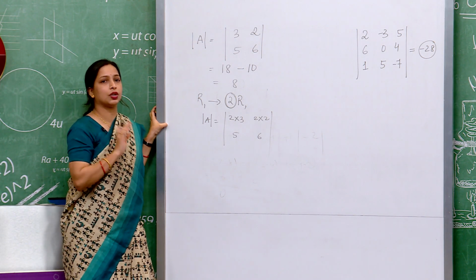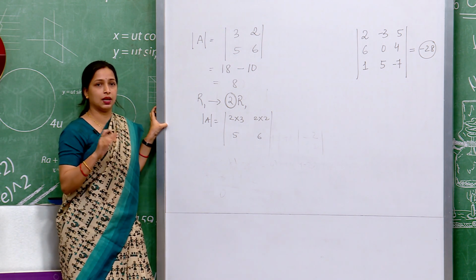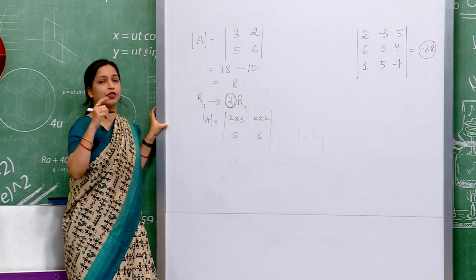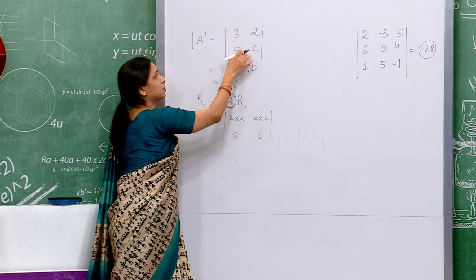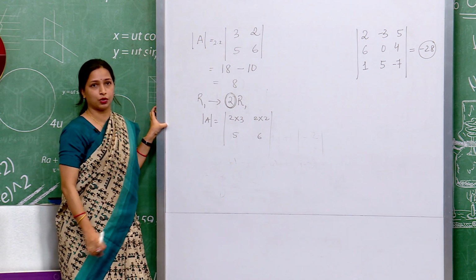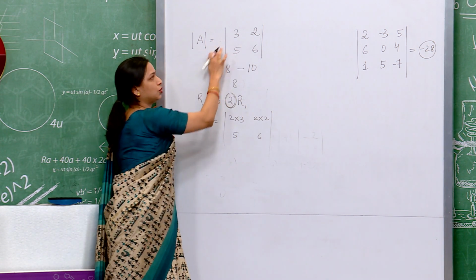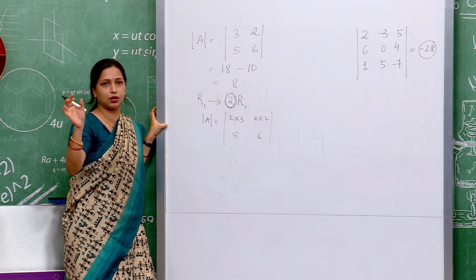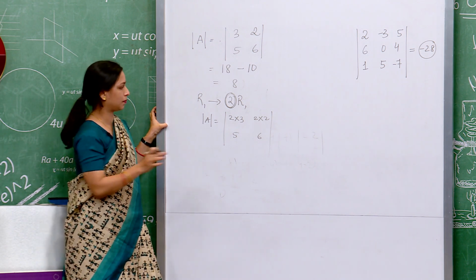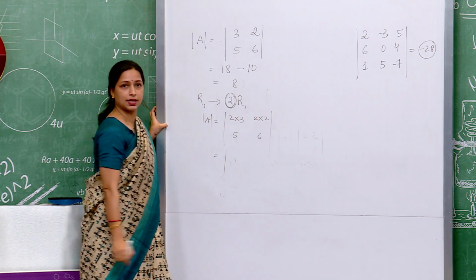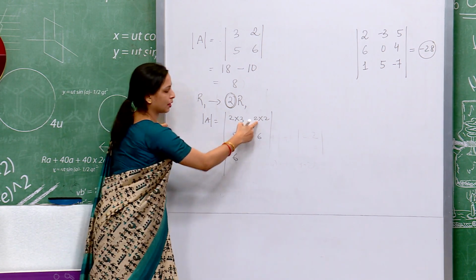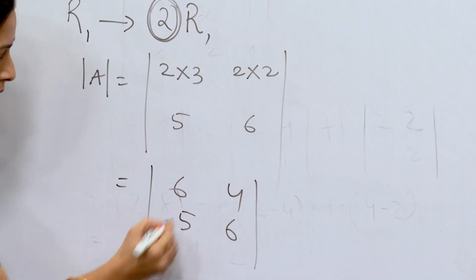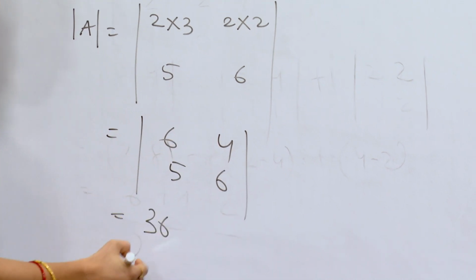a single column. You cannot multiply with all the elements here, then the rule will change, because it will not become 2, it will become 2 to the power of the number of elements if you are multiplying with all the elements. Let us say 4 elements means 2 into 2, it becomes 4, 2 square. So, it does not hold true. So, remember, you have to multiply all the elements of a single row or all the elements of a single column. So, here the resultant elements is 6, here 4, here 5 and 6, cross multiply 36, here minus 20,